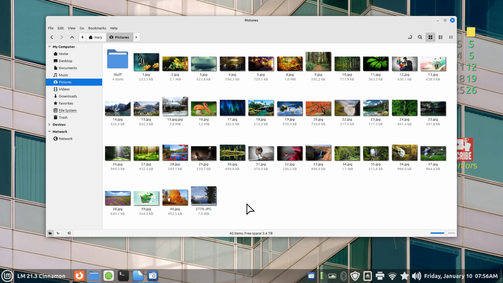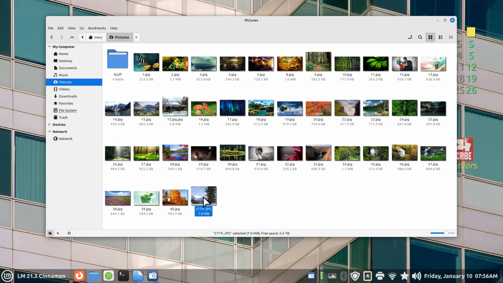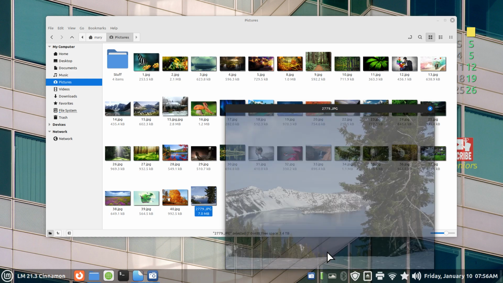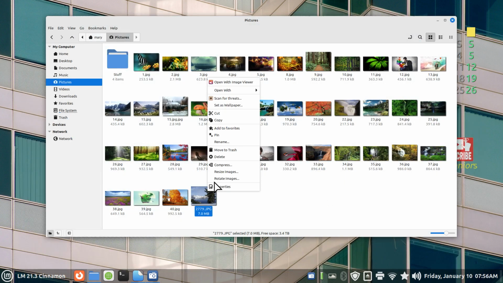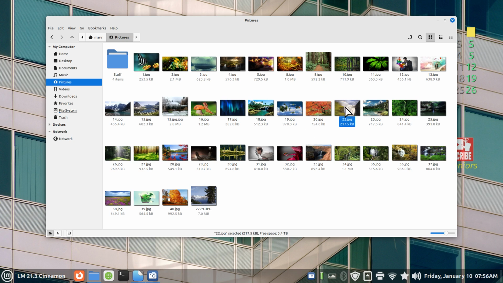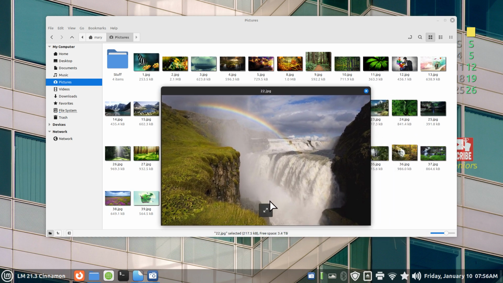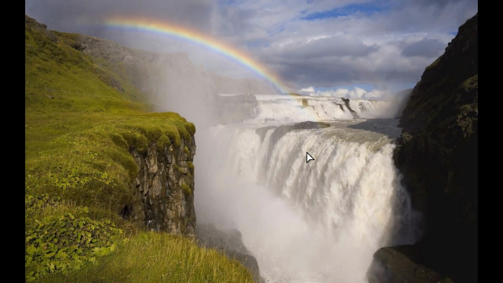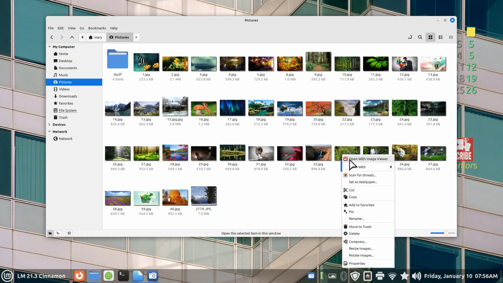So I've collected some pictures and wallpapers. If you're familiar with this file manager called Nemo, you can click that and hit the spacebar to get a preview. That is Crater Lake, USA in Oregon. I took that photo in 2021 with a Sony camera. So this is Gullfoss. That's how you pronounce that in Icelandic, because that's my birthplace. It translates into Golden Falls. If you're into nature, we can set that also, right-click,